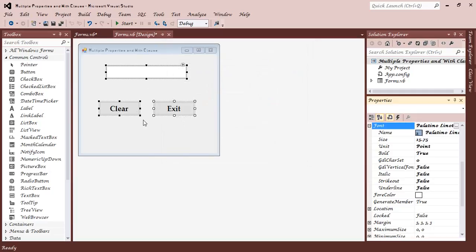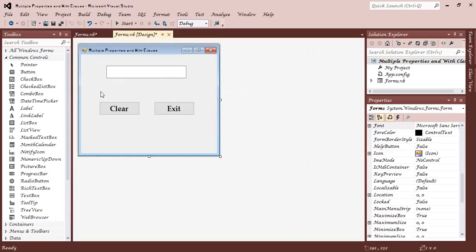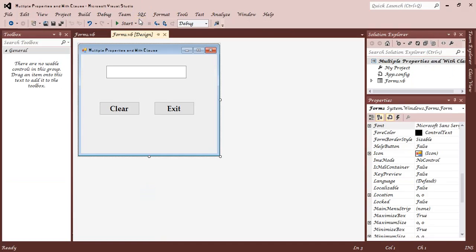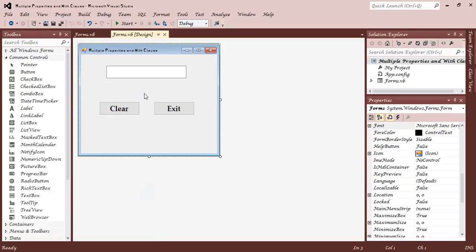You can see the property was applied evenly in all of them. When I run my program now and type in here, you can see the text is the same font and size, and the bold property is true for all of them.